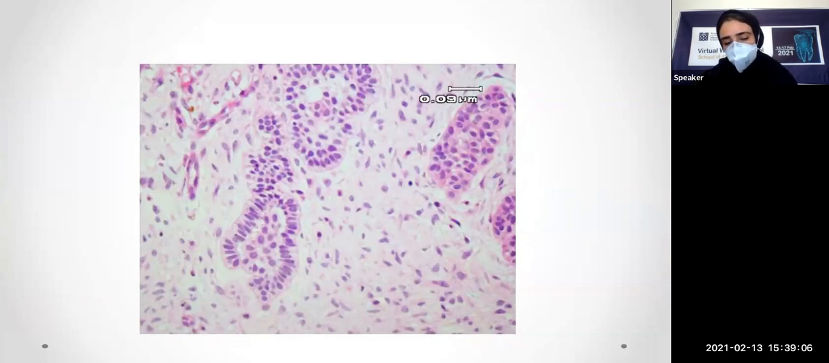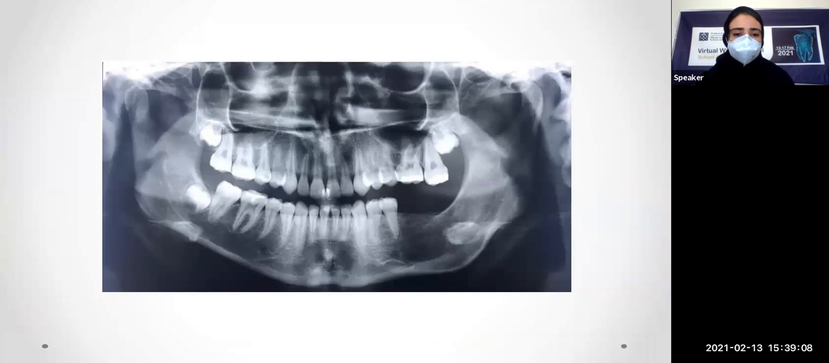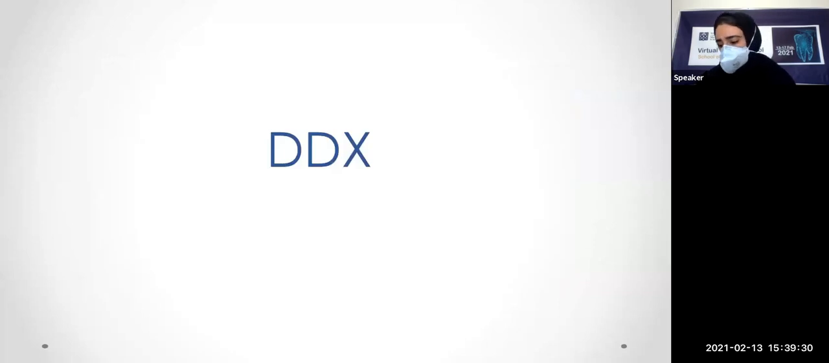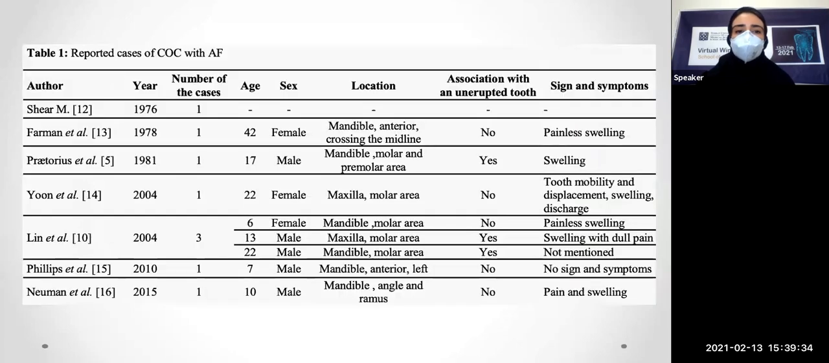After reviewing the literature, this panoramic view revealed the patient's panoramic image 6 months following the surgical excision, and the whole thing is good and there is no recurrence, nothing happened. Okay, as I asked you for the differential diagnosis, let me go forward